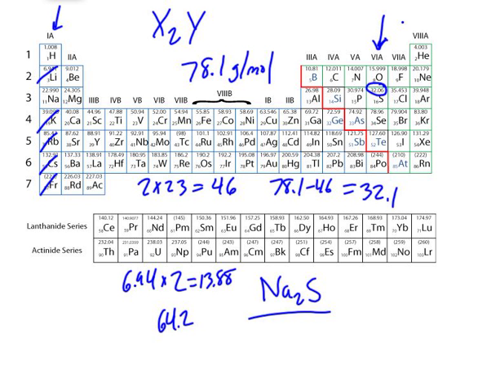And if I do the same thing with hydrogen, well, you could make a case that hydrogen might be close, because you'd have 2 from hydrogen, and you need something of about 76. Selenium's close to 76, but our best answer is still Na2S. So that is going to be our final